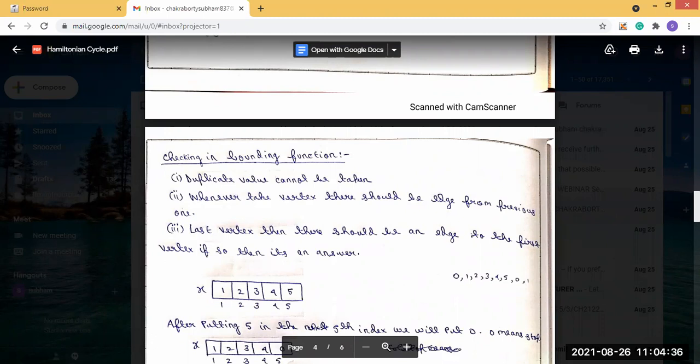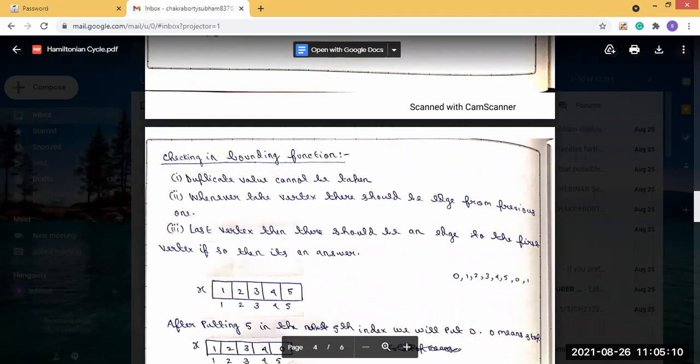Using the adjacency matrix, after putting the value, I check the previous one, and if there is an edge present, then this value can be valid. That is what we see step by step as we perform these operations each time. And when we reach the last vertex, there should be an edge to the first vertex. If so, then we are getting the answer.